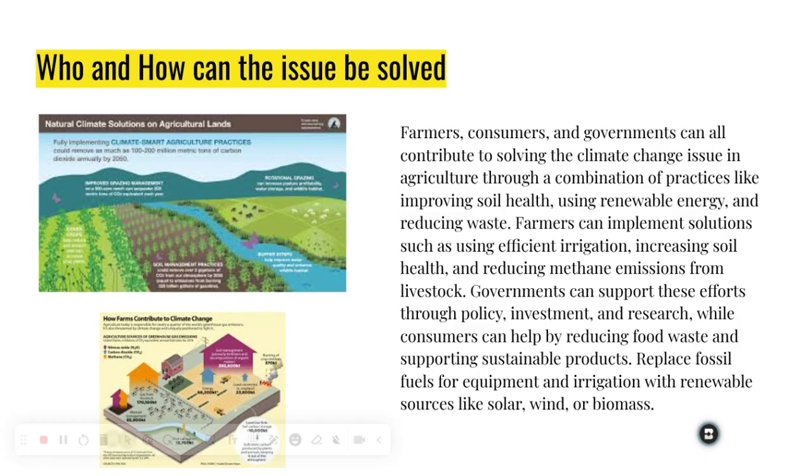But then farmers can implement solutions such as using efficient irrigation, increasing soil health, and reducing methane emissions from livestock. Then governments can support these efforts through policy, investment, and research, while consumers can help by reducing food waste and supporting sustainable products, replace